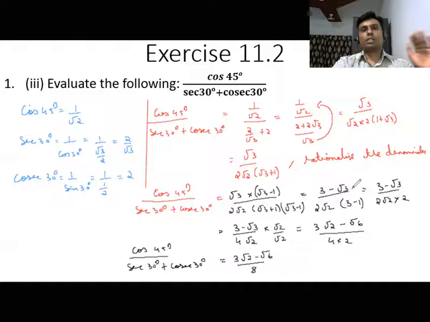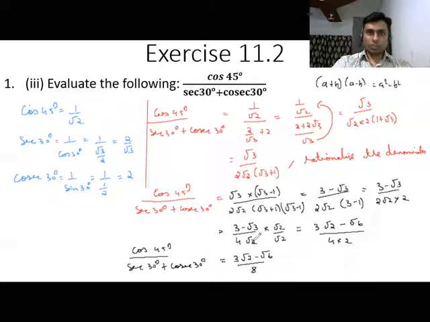So it will become 3 minus root 3. Root 3 into root 3 is 3. Root 3 into 1 is root 3. So 3 minus root 3 divided by 2 root 2. A plus b into a minus b. Remember that a plus b into a minus b is a square minus b square. So 2 root 2 into a square. Root 3 square is 3. B is 1. 1 square is 1. So 3 minus 1. So you get 4 root 2.